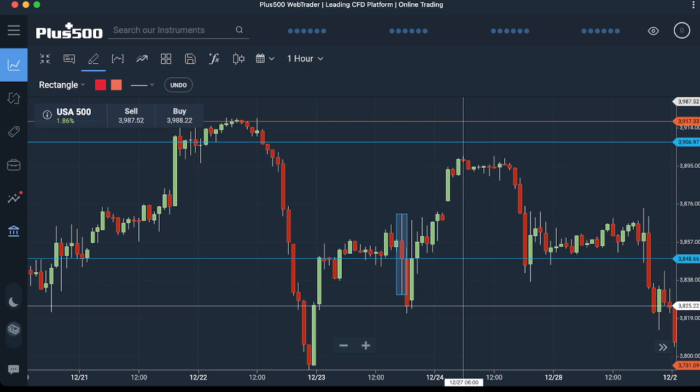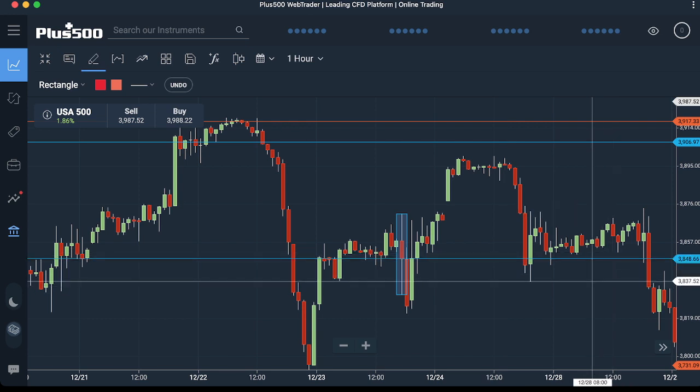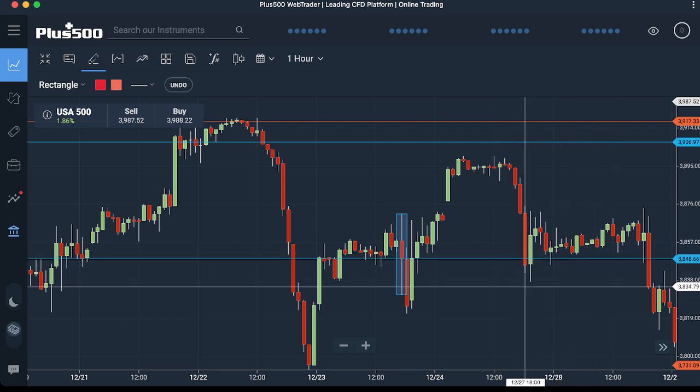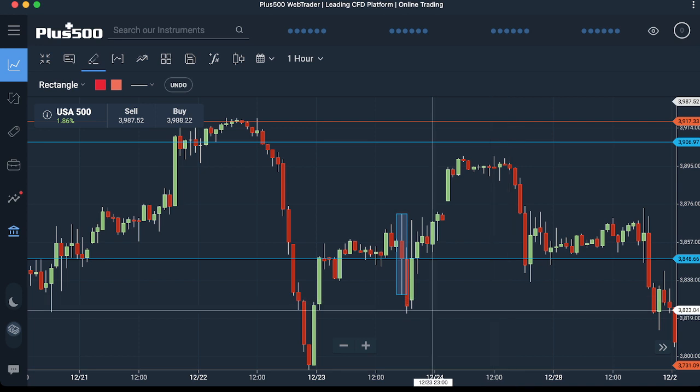Where is the point of interest? It is here at 3848, and you are going to set your stop loss 15 to 20 pips below. It means if I put it here,